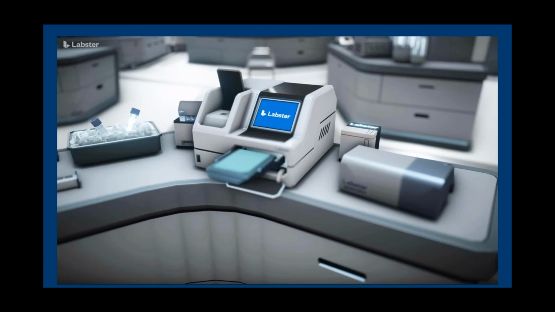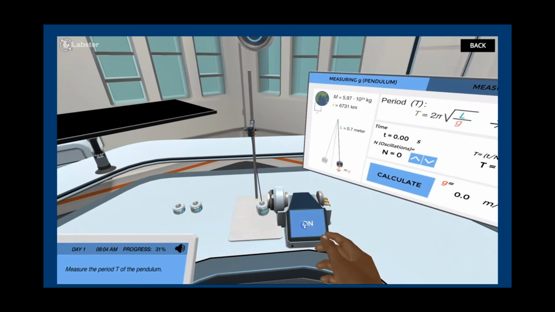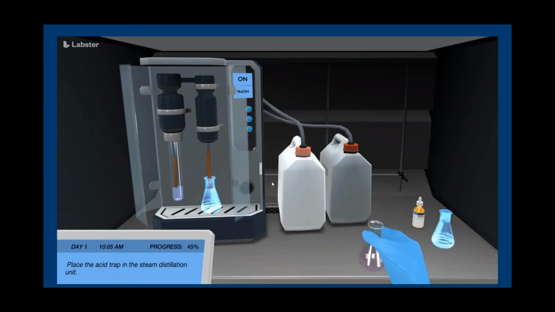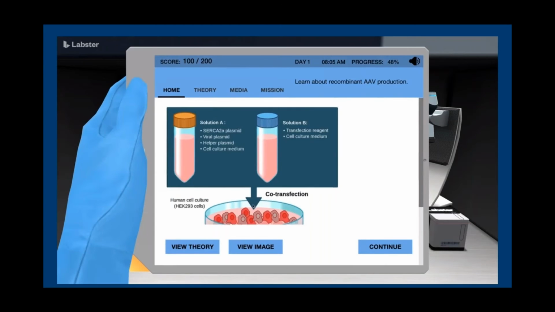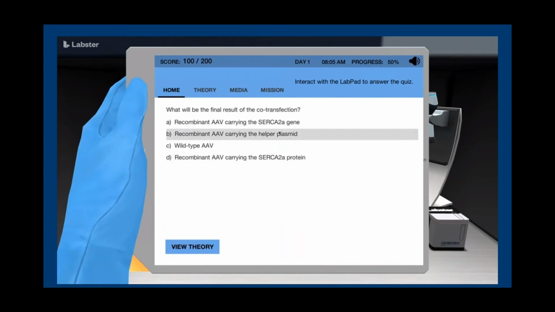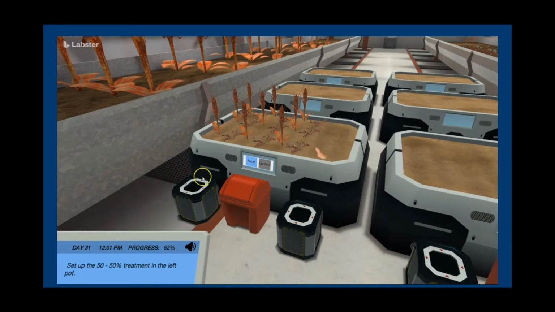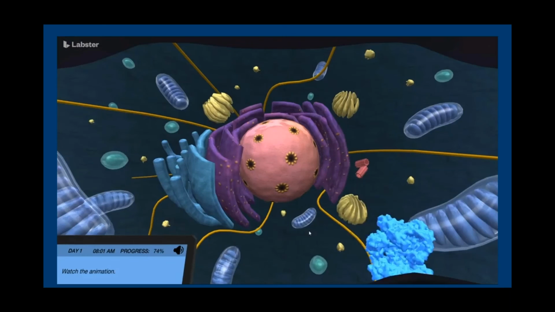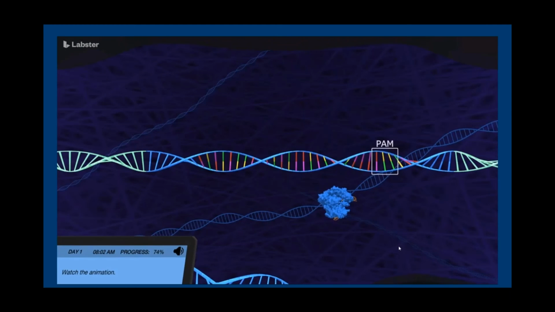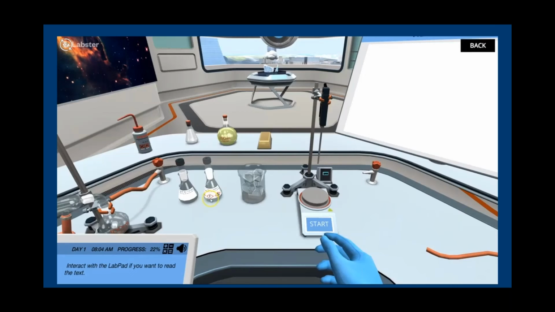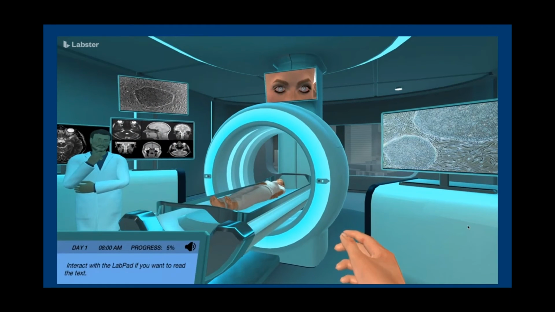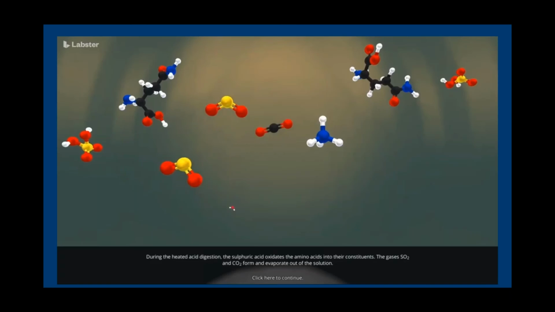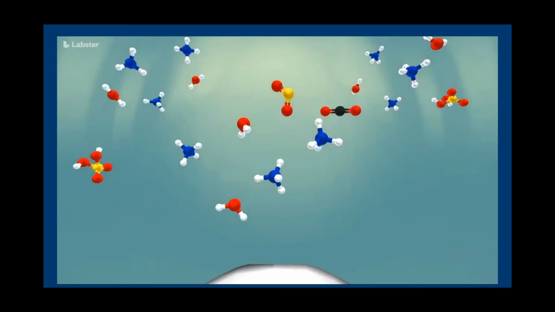Each begins with a real-world scenario and a problem that needs to be solved. This is one of the elements of pedagogy that we use to maximize intrigue in the students. We find that it proves to be a very firm basis for the students' learning. We layer multiple choice questions and theory on top of that base to improve their conceptual understanding throughout the course of the simulation. You can see here we're interacting with equipment that you might not find in your school lab, and that's one of the great benefits to the online experience that we're providing.